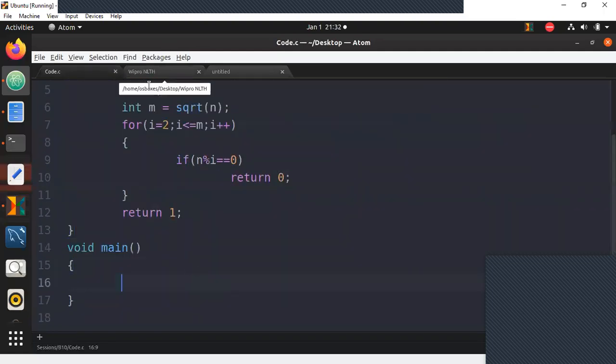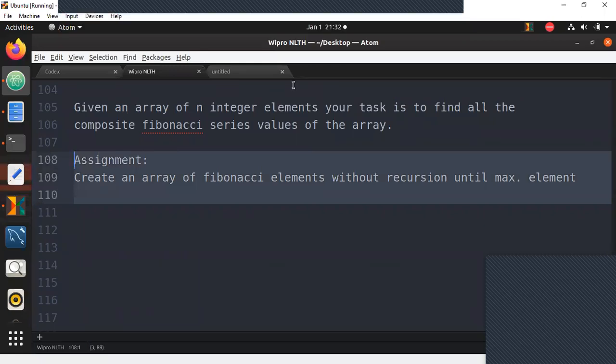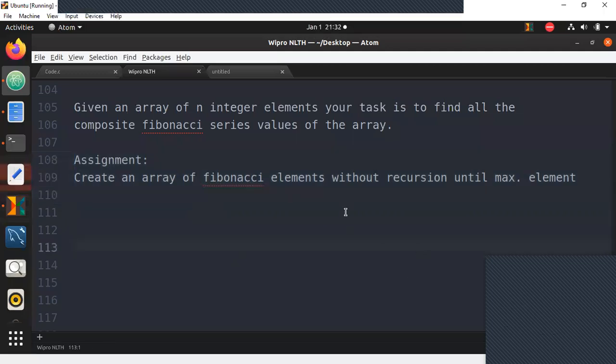Once this is done, there's only one or two more small programs whose logic is very different. After that, we can go for strings. I'll list out all the websites where you can get more and more programs to practice in your own time. I have one question: will the max element be given as input?